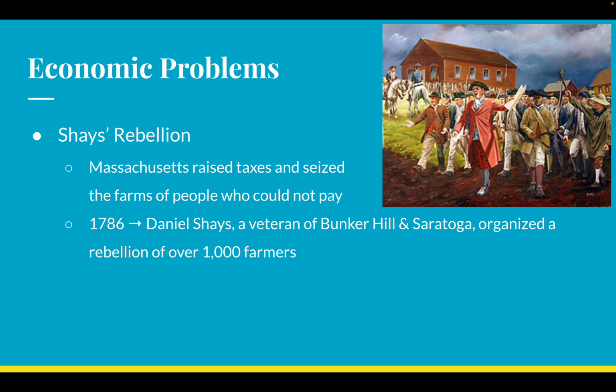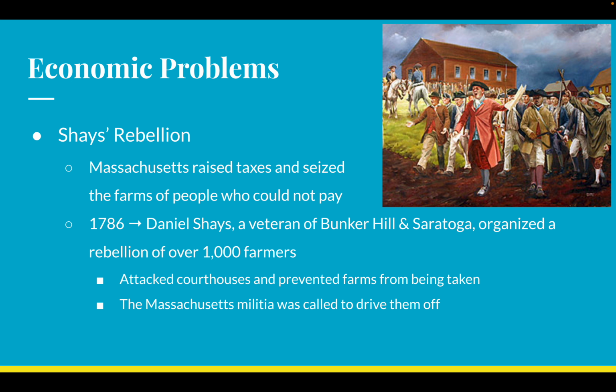That's horrible, right? So what happens is Daniel Shays and over 1,000 other farmers in Massachusetts are going to rise up in rebellion against Massachusetts. They're going to attack courthouses. The reason they're attacking courthouses is because the courthouses are where judges are going to sign orders to take these farms. So they're trying to get rid of the records. They're trying to stop this from happening. And they're also going to raid tax agencies. Basically, they're terrorizing the people who would punish them, or the people who would take their stuff. They're not rising up against innocent people. They're not killing innocent people. All they're doing is expressing their frustration and taking out their anger on the organizations and institutions that would hurt them directly.